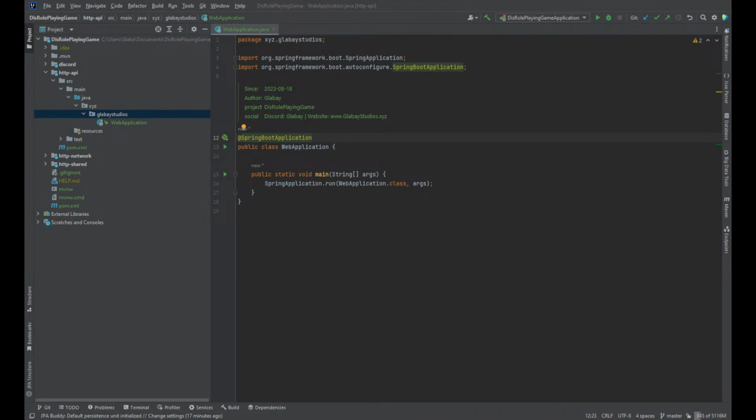Sorry about that. So now we've got a Spring Boot application up, and we are looking to